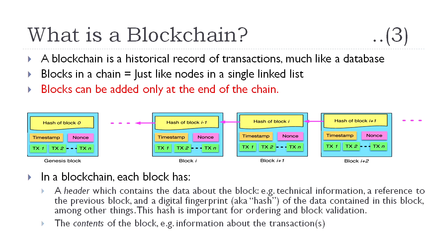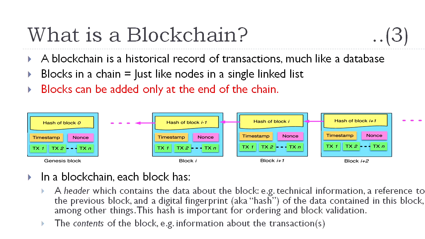But in the case of a blockchain, you don't have any deletion concept. At the same time, you don't have insertion at the beginning or insertion at the middle. Here you have only the concept of inserting at the end. In a single linked list, the current node contains the next node address. In a blockchain, the current node contains the hash of the previous block. This is the difference.